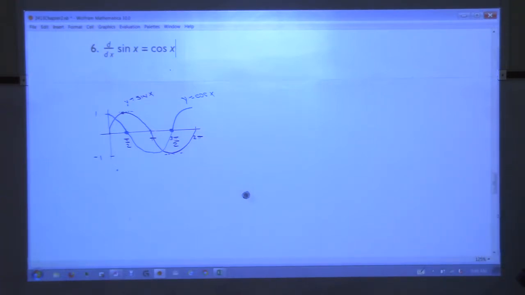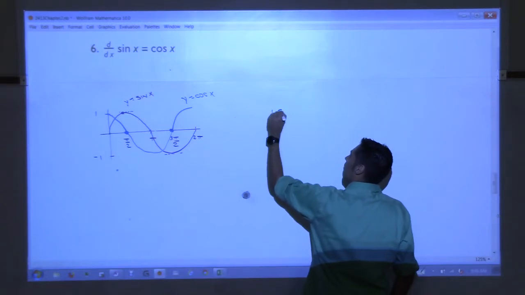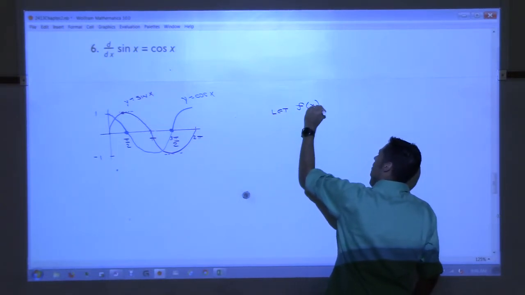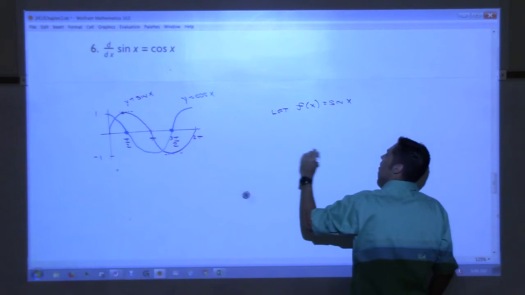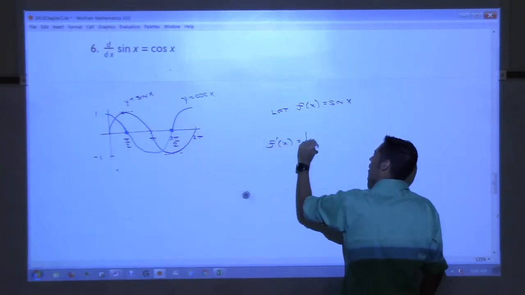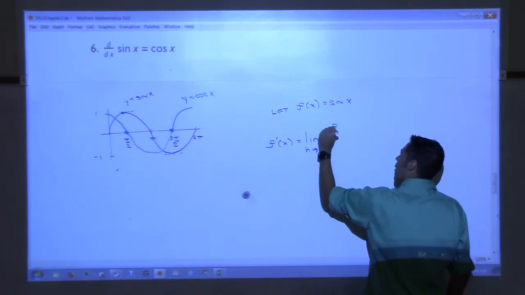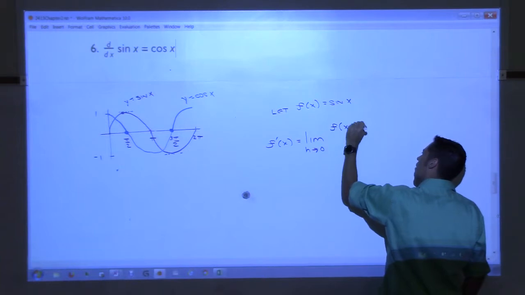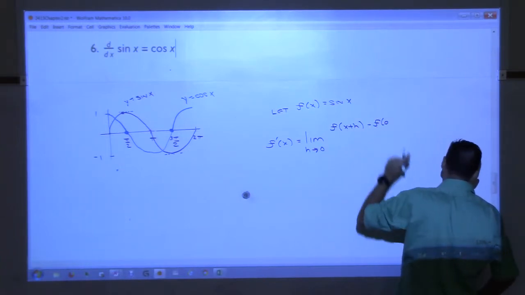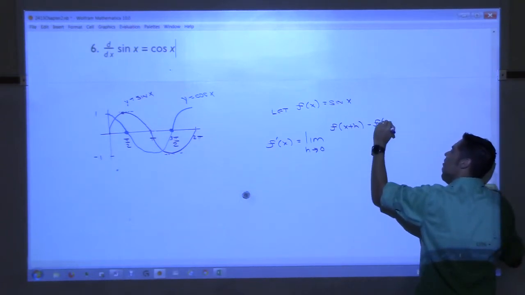Let's try and do it algebraically. That's just a visual. That's not a proof. That's just to kind of help convince you that maybe it's true. But if I truly wanted to do it, what I would do is I would let f of x equal sine x. Then I would try and find f prime of x, which would require me doing the limit as h goes to 0 of f of x plus h minus f of x all over h,